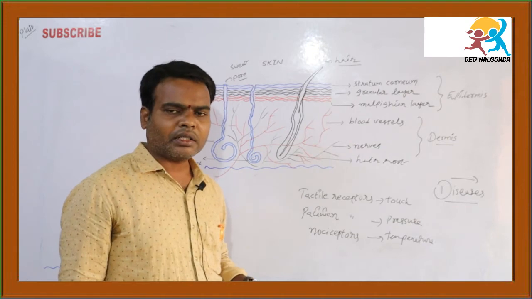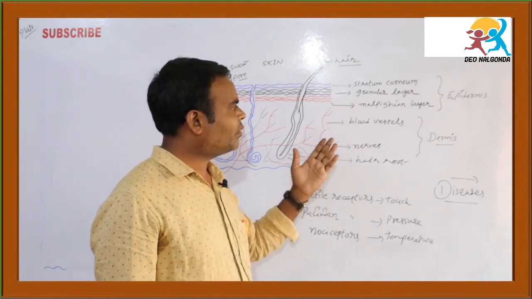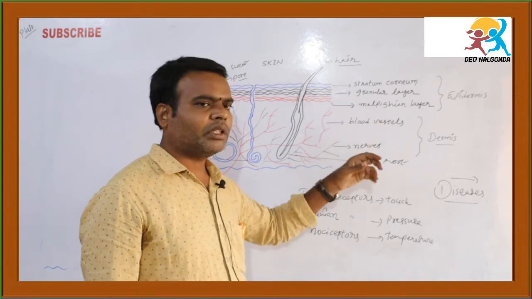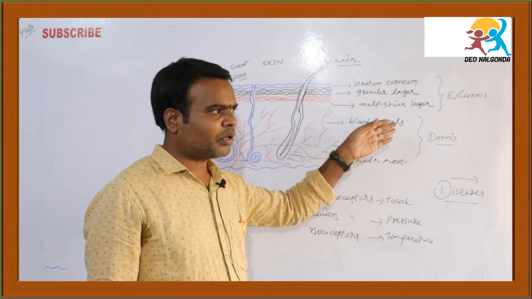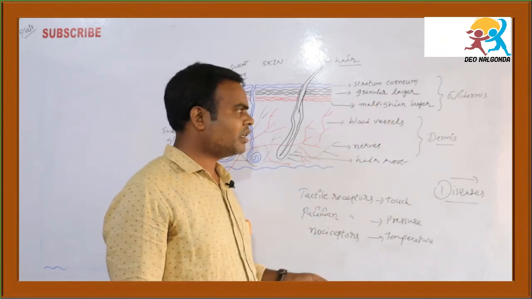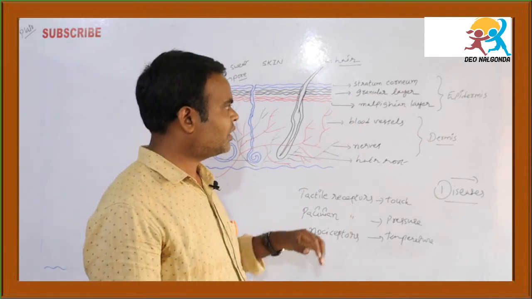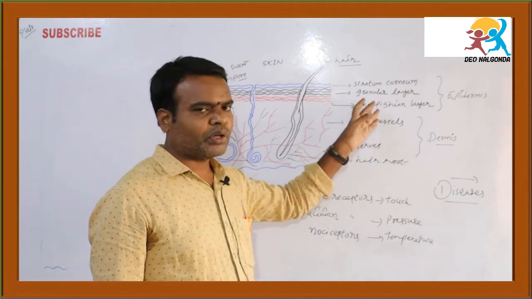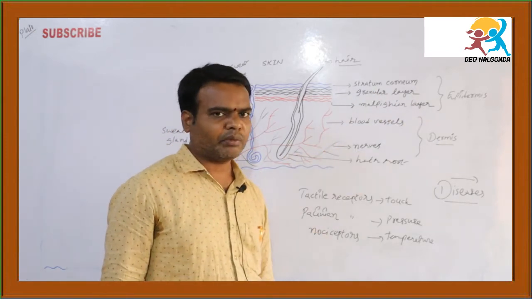The granular layer is a living layer, so it contains living cells. These cells are produced from the Malpighian layer, which is continuously dividing and produces new cells, because you know that the cells in the skin are rapidly shed off and new cells are produced. So the Malpighian layer is the producing layer, and these three layers together are called the epidermis.